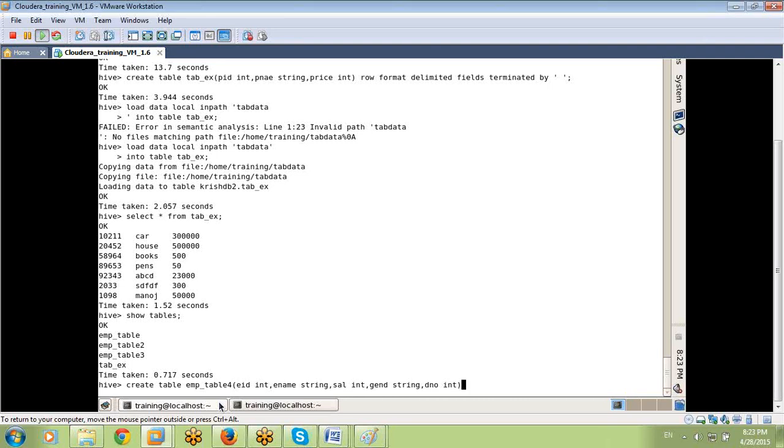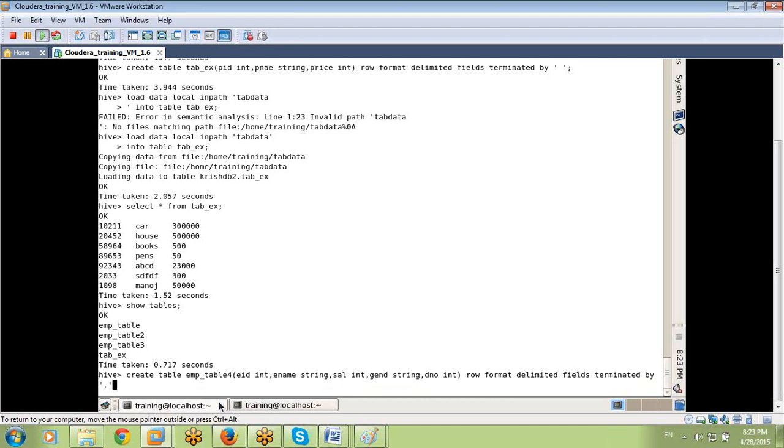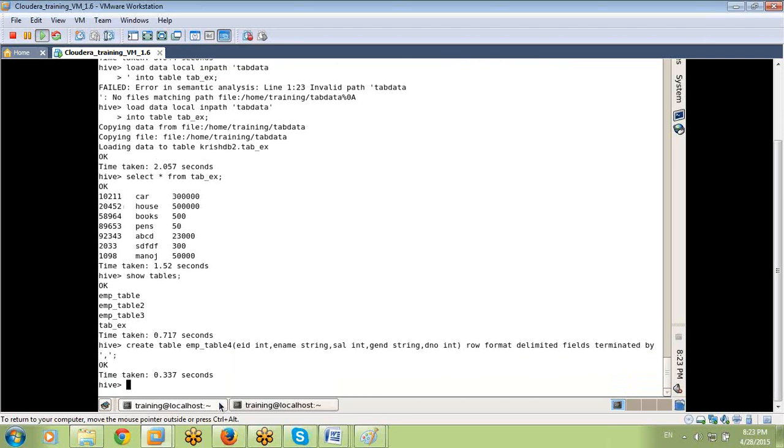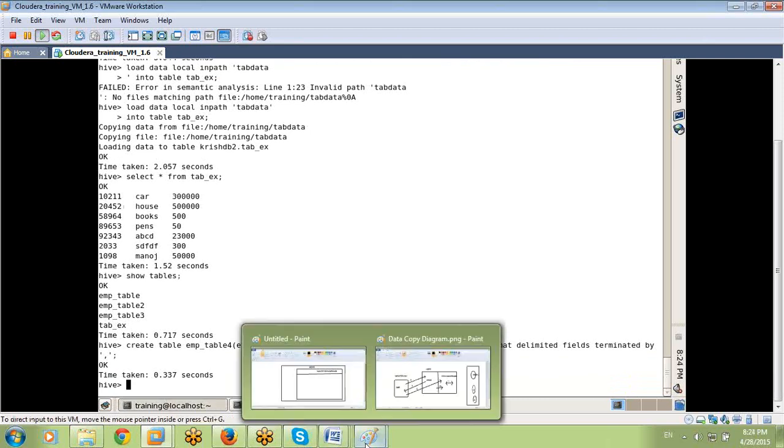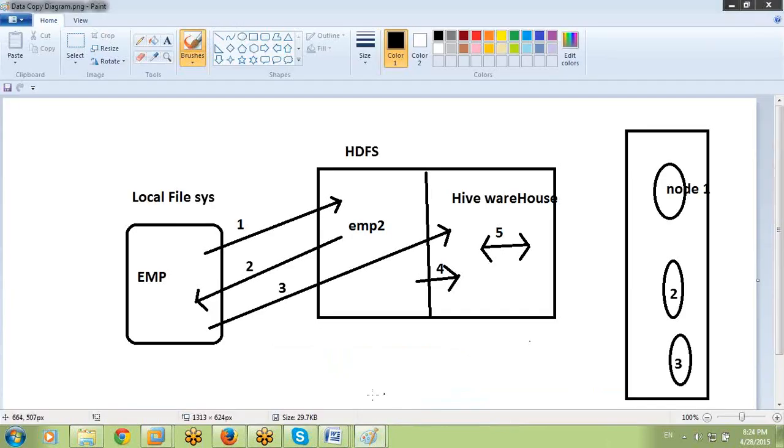Integer, and the data is again comma delimited, so row format. Enter. The table is created, and the source is clear, the destination is clear. Now the fourth arrow execution only. What is the syntax?